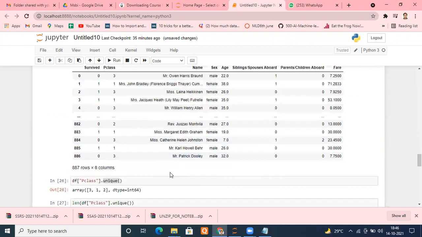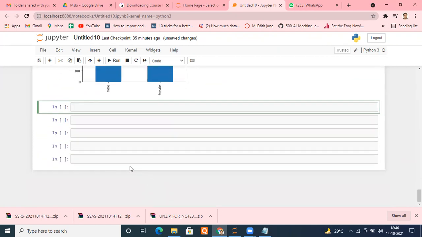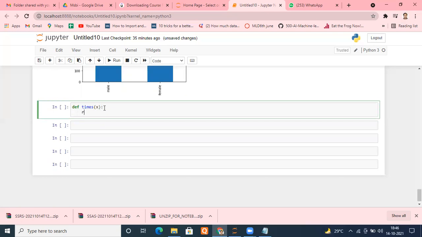So how can I do it? A very simple thing I can do. Suppose I create a function with def, and the operation name is times. It takes an argument x, and simply returns twice of x.